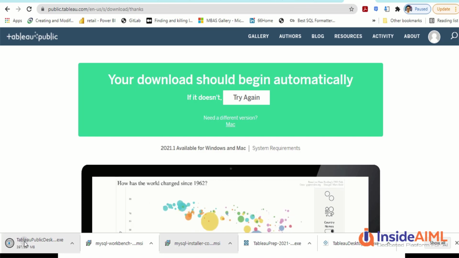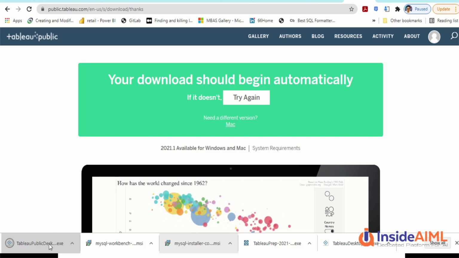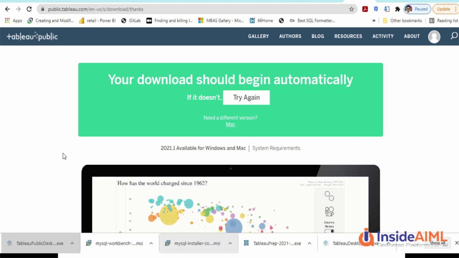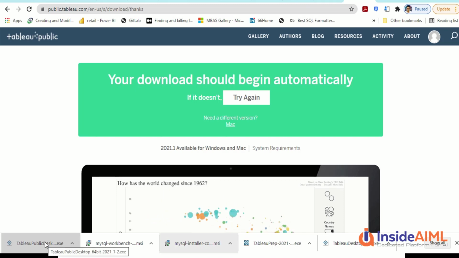So Tableau Public is downloaded. Let me double click on it and install that also. And why we are installing Tableau Public, I told you we would like to take advantage of learning on it. Some of you can use the Excel sheet which we provide, learn here first of all, then go to the Tableau trial, and then finally end up buying Tableau licenses for yourself so that you can continue your Tableau journey.